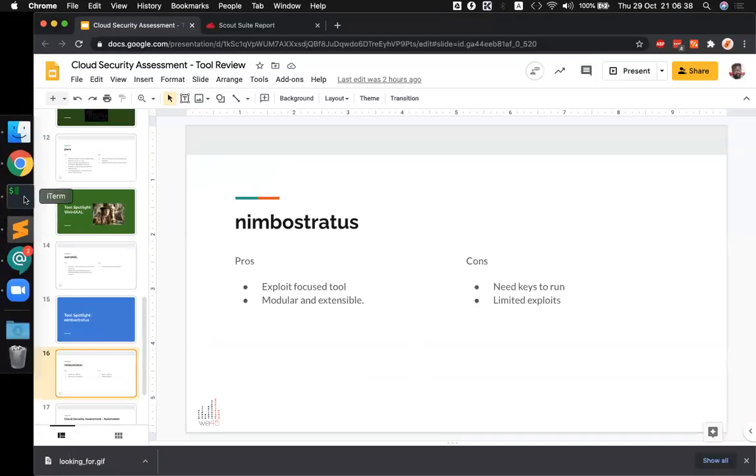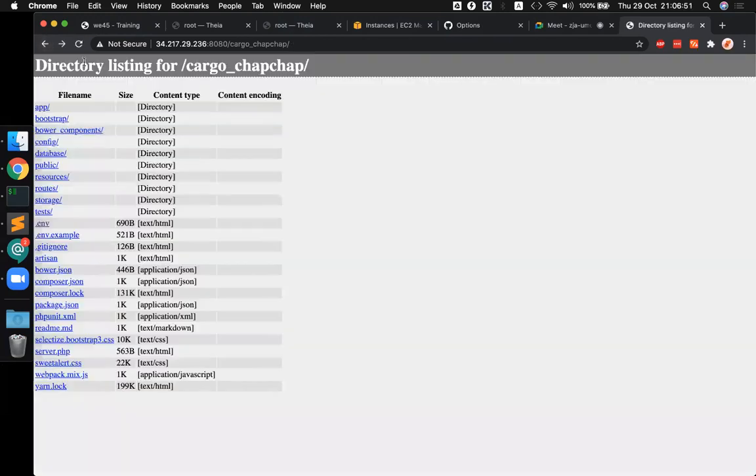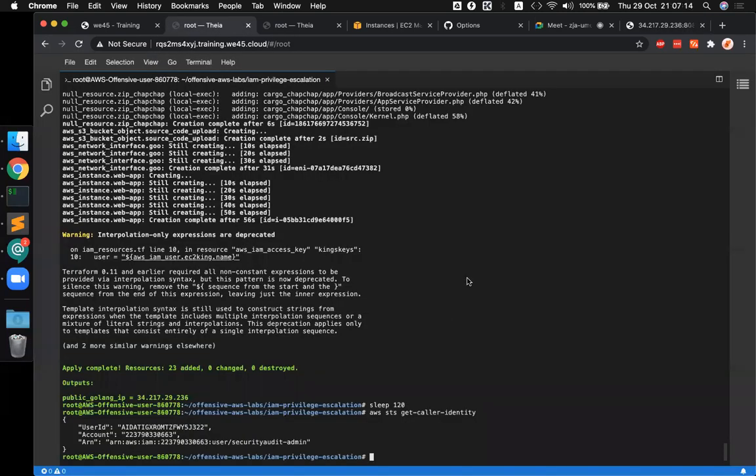So I already have a vulnerable application running on a particular IP. Yeah. So if you see, there's this web application that I have spun up, and it contains a file directory structure. If I go inside, I notice that there is a file that has an AWS API key and a secret key in place. Now, what I will try to do is see if I can take this information and set it as part of my